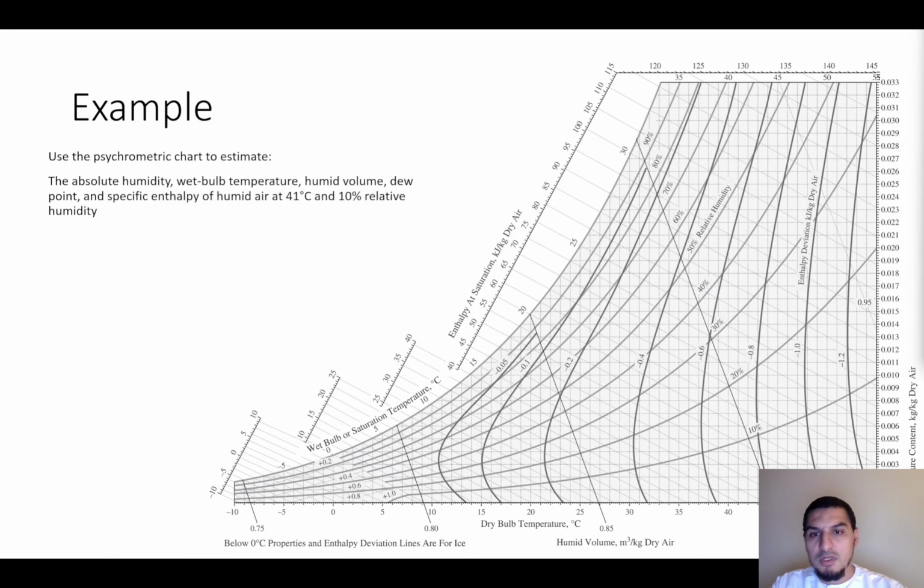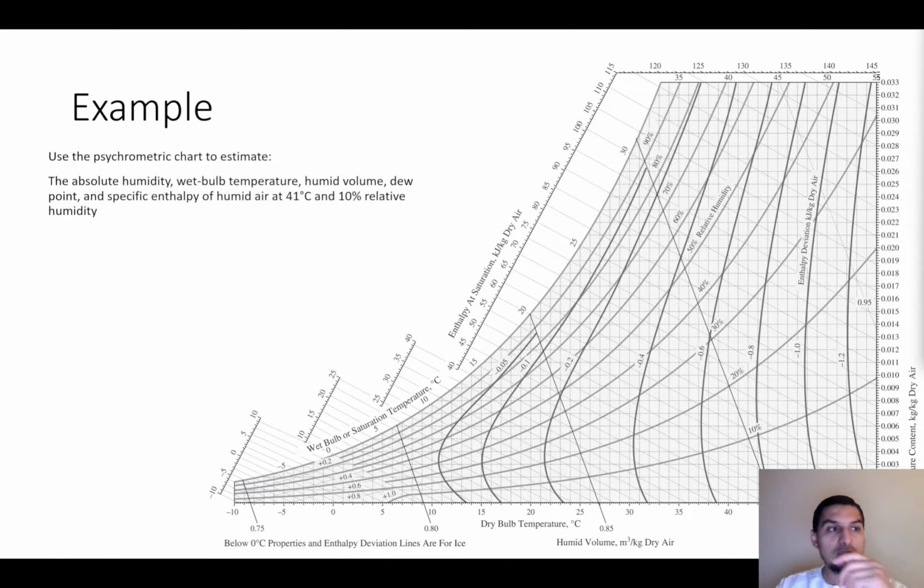Hello everybody. In this video we're going to apply what we discussed in the previous two videos on the basics of psychrometric chart and the basic concepts about the humid air in this example. So we have here this psychrometric chart, and we want to calculate the absolute humidity, the wet bulb temperature, the humid volume, the dew point, and the specific enthalpy of humid air at 41 degrees Celsius and 10% relative humidity. So as we said before, we need to know two information, and from these two information we can